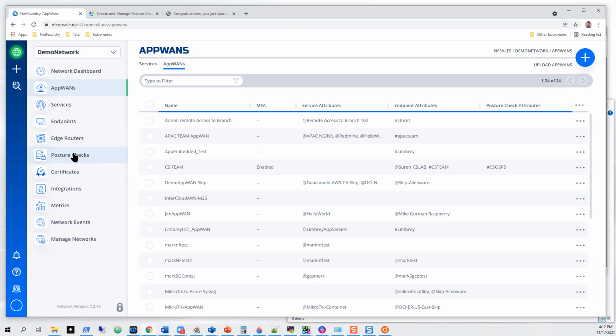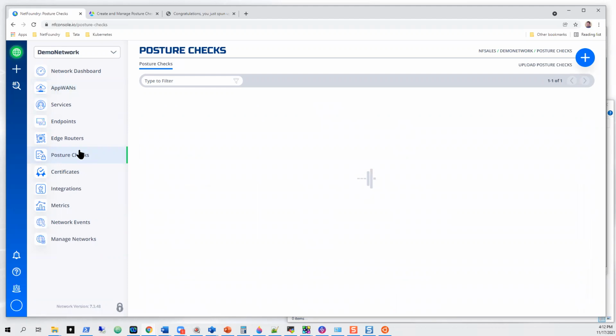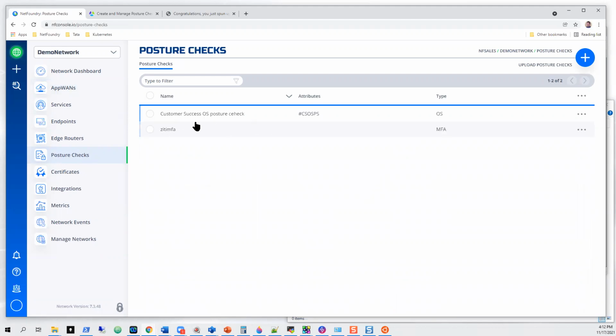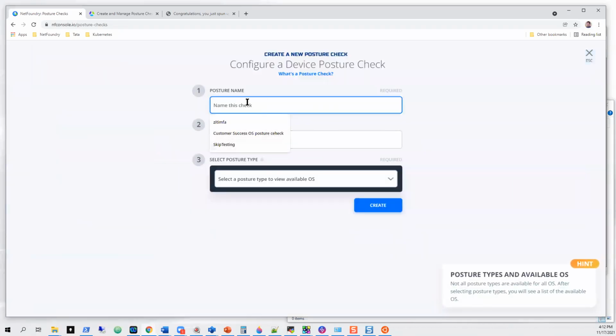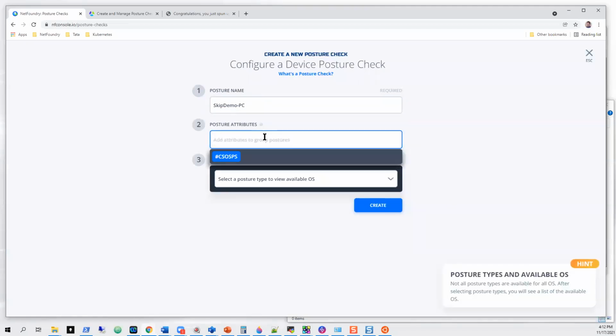So from within posture check, what we can do is just come in here. I don't have anything listed in here. Some other folks do. I can just say posture check. So I can say skip demo posture, just skip demo posture check. And I'm going to give it something. I'm going to call this skip posture, in case I want to have just a general one, or maybe I could say this